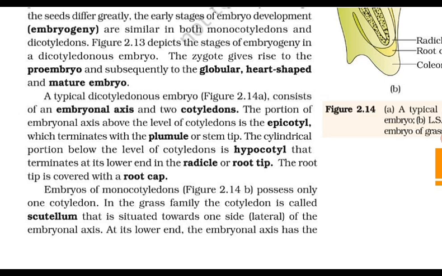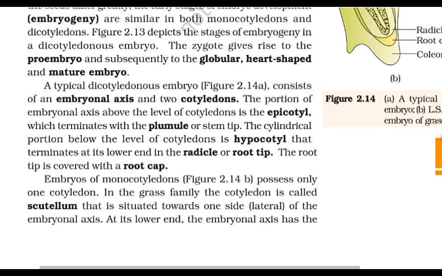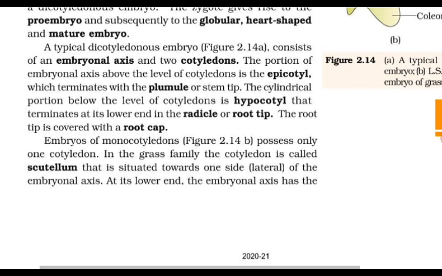If the female parent bears bisexual flowers, removal of anther from the flower bud before the anther dehisces using a pair of forceps is necessary. This step is referred to as emasculation. Clear? Emasculated flowers have to be covered with a bag of suitable size, generally made up of butter